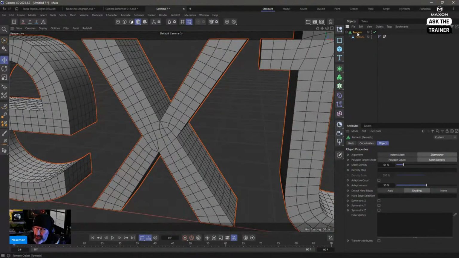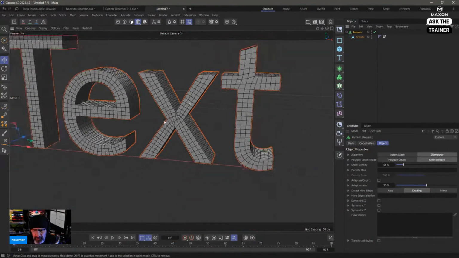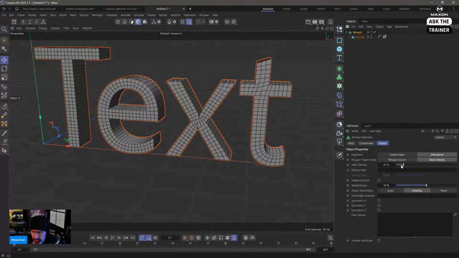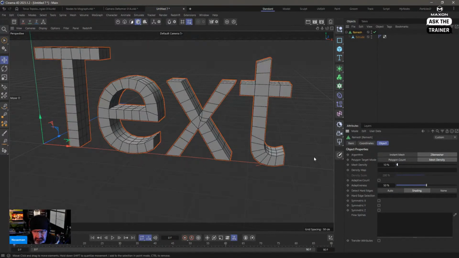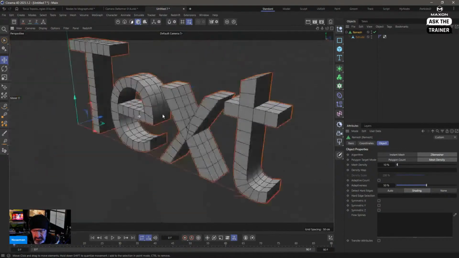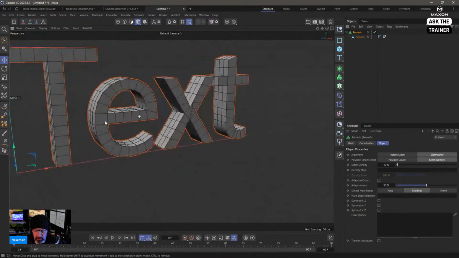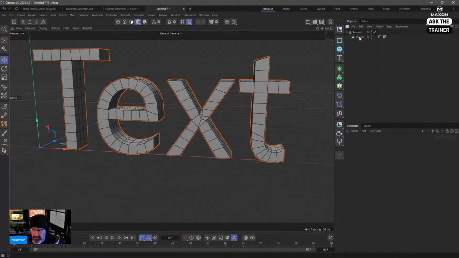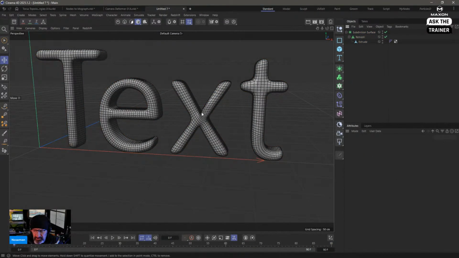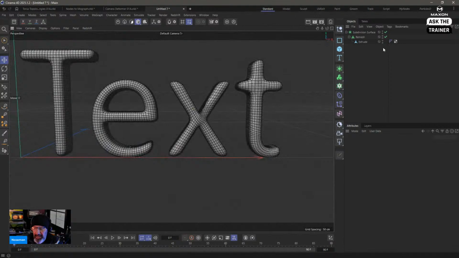Just use the remesher and it will give you a very decent mesh, even if you go quite low. I mean, it's quite astonishing sometimes how good of a mesh you can get using the remesher. Look at how low this is. And I'm going to put it under a subdivision surface object and make a nice balloon text. Anyhow, so to that question,